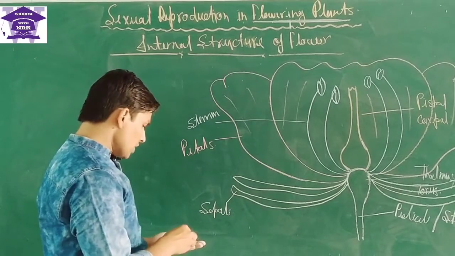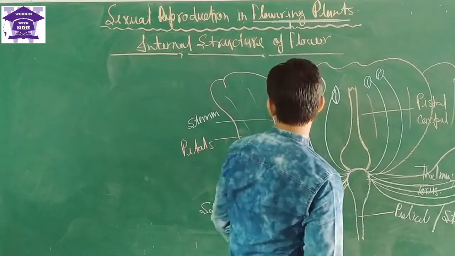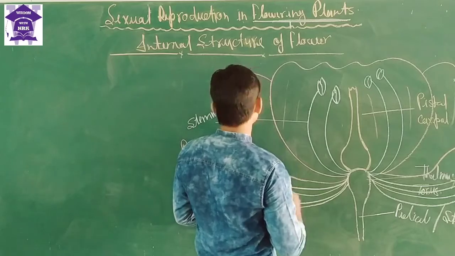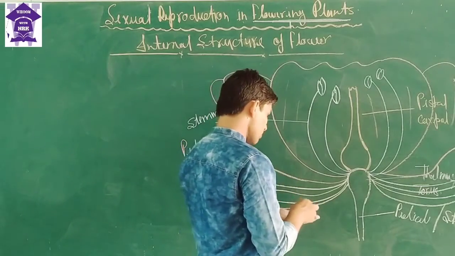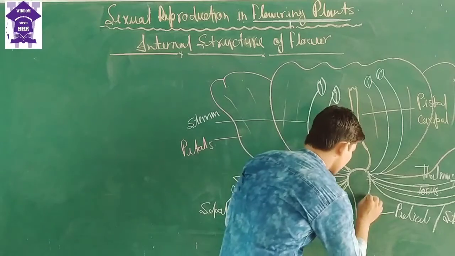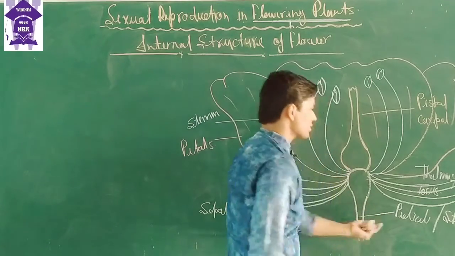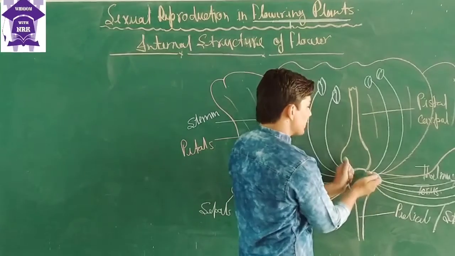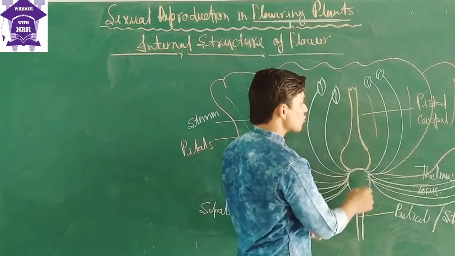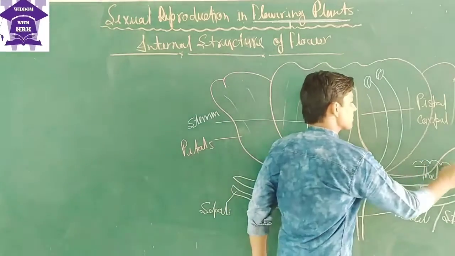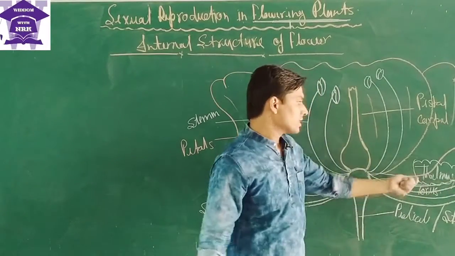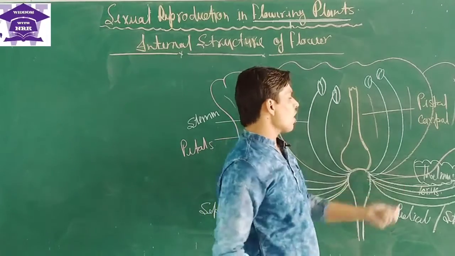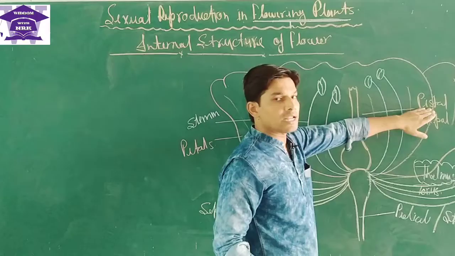Just now we will see that some other things are there. First, this part is known as the stalk or pedicel. Above the stalk or pedicel, the swollen part is known as the thalamus or torus. चाहे बच्चों थैलमस कह लें और चाहे इसे टोरस कह लें।